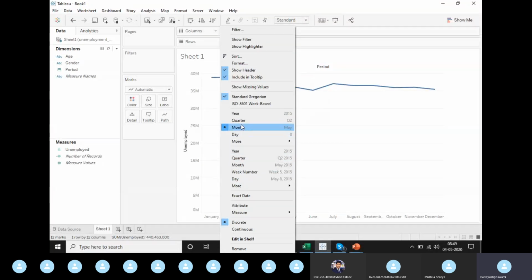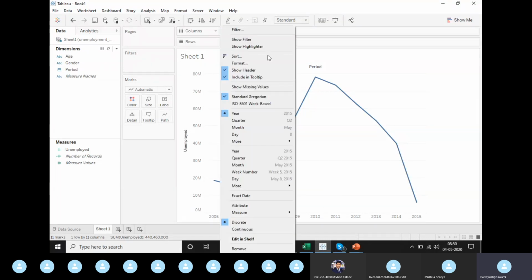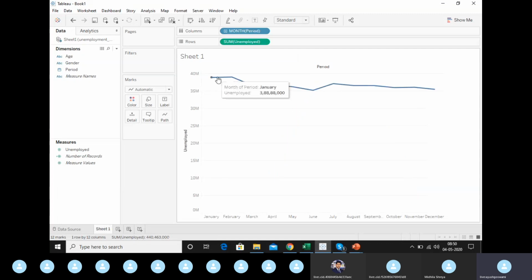So the first one you have seen, once you are doing it here, it will be summing all the values of unemployment data, be it male, female, for the particular year. And the same way, if you are doing it for month, you are able to see all the unemployed data for the particular month, for January, or let's suppose January, for all the Januaries present out there, right?